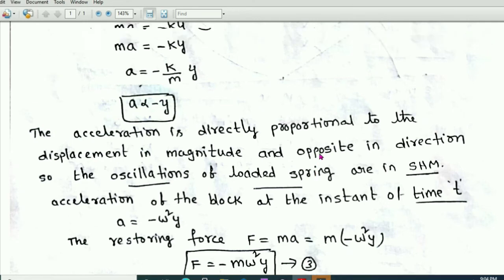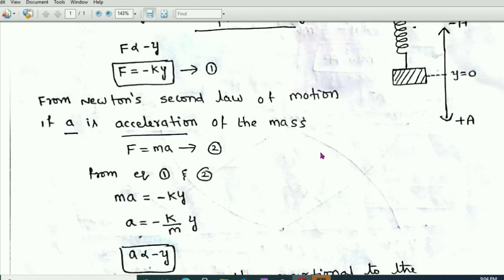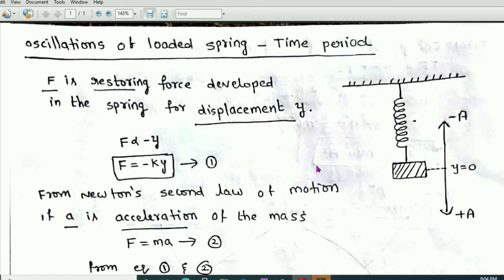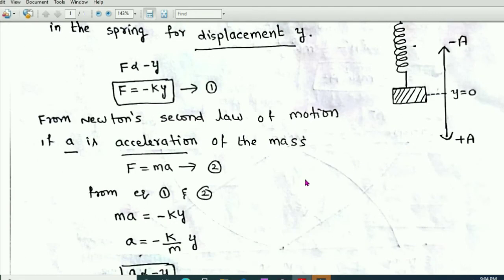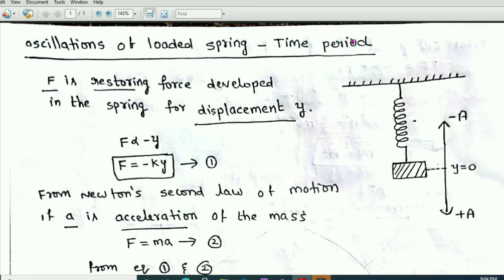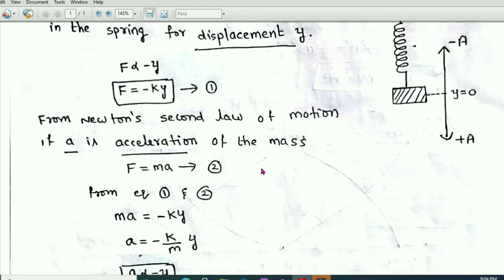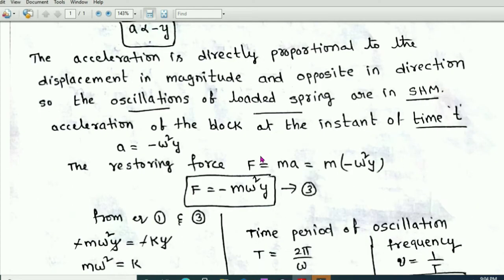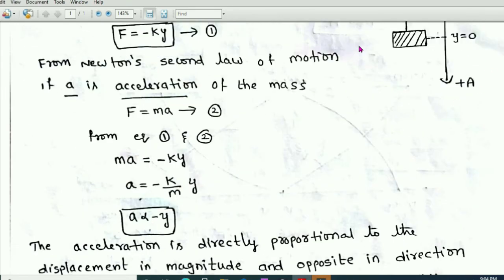Okay, we have shown that oscillations of a loaded spring execute simple harmonic motion. Now let us obtain the expression for the time period of these oscillations. Whenever a particle executes simple harmonic motion, that means this block, which we consider as the particle,